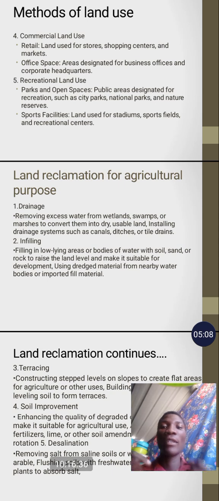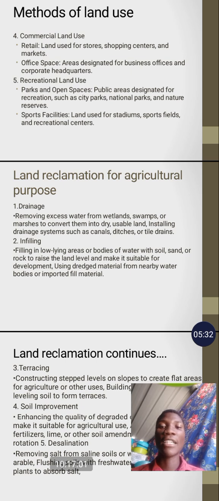We also have terracing, which consists of constructing stepped levels on slopes to create flat areas for agriculture or other uses. And then we have soil improvement, where we enhance the quality of degraded soil to make it suitable for agricultural use. And then we have desalination, which talks about removing salt from the soils to make them suitable